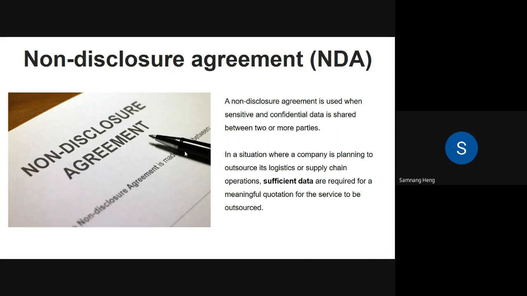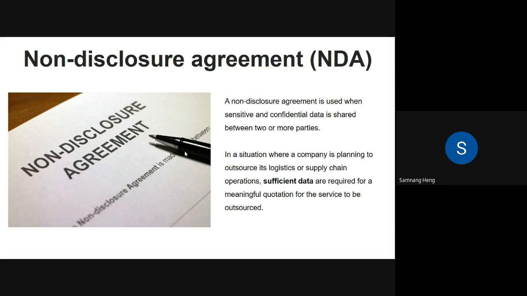Especially the sales data. You don't want your competitor to know how many products you sell this month, how many books you sell. If they know that kind of data, they can predict what kind of strategy your company is going to use next year or whatever. But unfortunately, you need to share that data with your partner, like the delivery company, because they have access to the data.